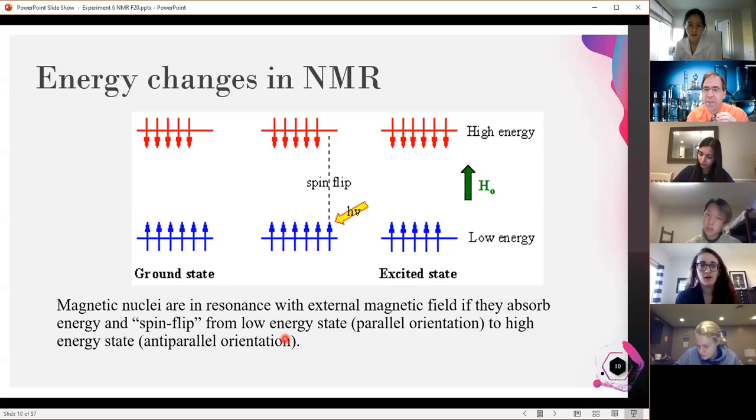Now, the problem is people hear the word nuclear and they get really nervous because they think glow in the dark and things like that. So if you've ever had an MRI, a magnetic resonance image, an MRI is actually a nuclear magnetic resonance image for people instead of molecules. But the word nuclear freaked people out, so they just dropped it. They just took it off the name. So it's the exact same principle. So if you go in and get an MRI on your shoulder, you're actually doing a nuclear magnetic resonance because they're looking at the nuclei and the spin flips, but the general public can't handle the word nuclear, so we